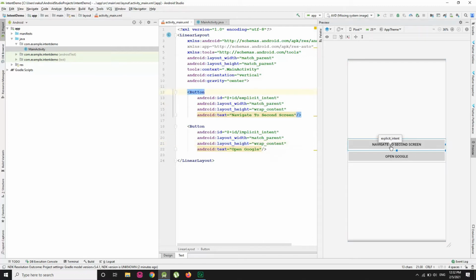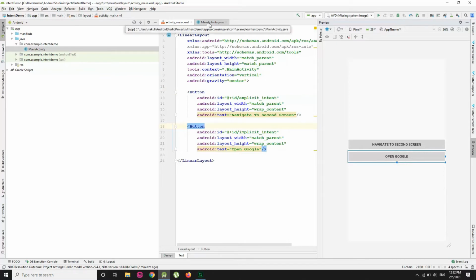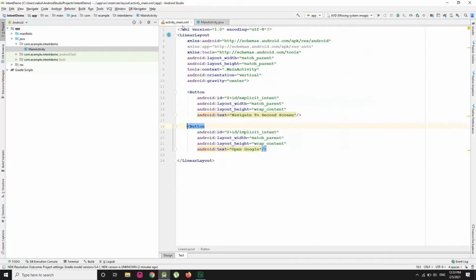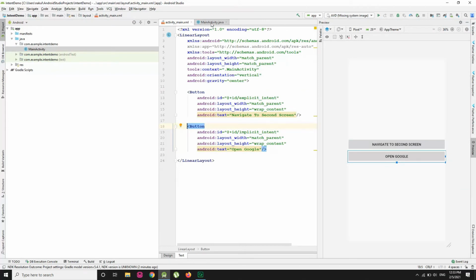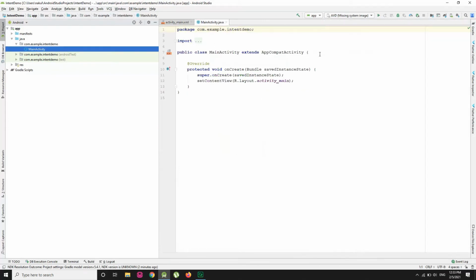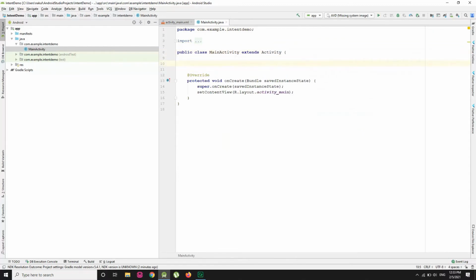If I click on this button, I am going to navigate to another screen, and by clicking on this button I am going to open a browser in our simulator. So let us start the functionalities of these buttons. First, let us make the object of these buttons in the main activity, using Button, button 1 comma button 2,